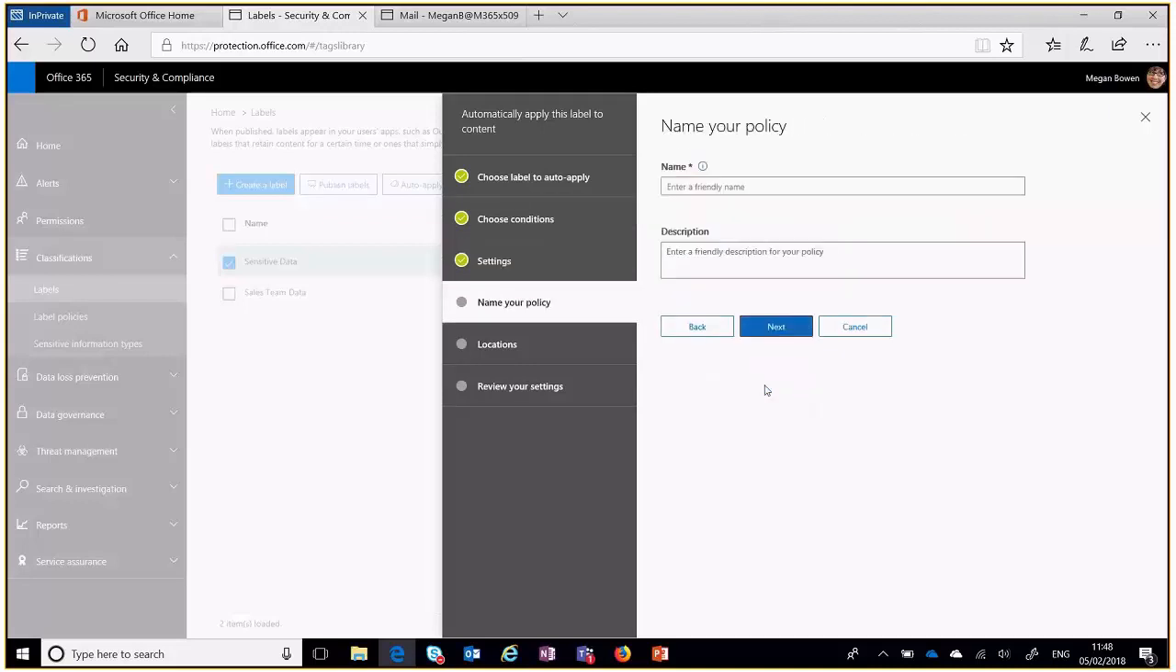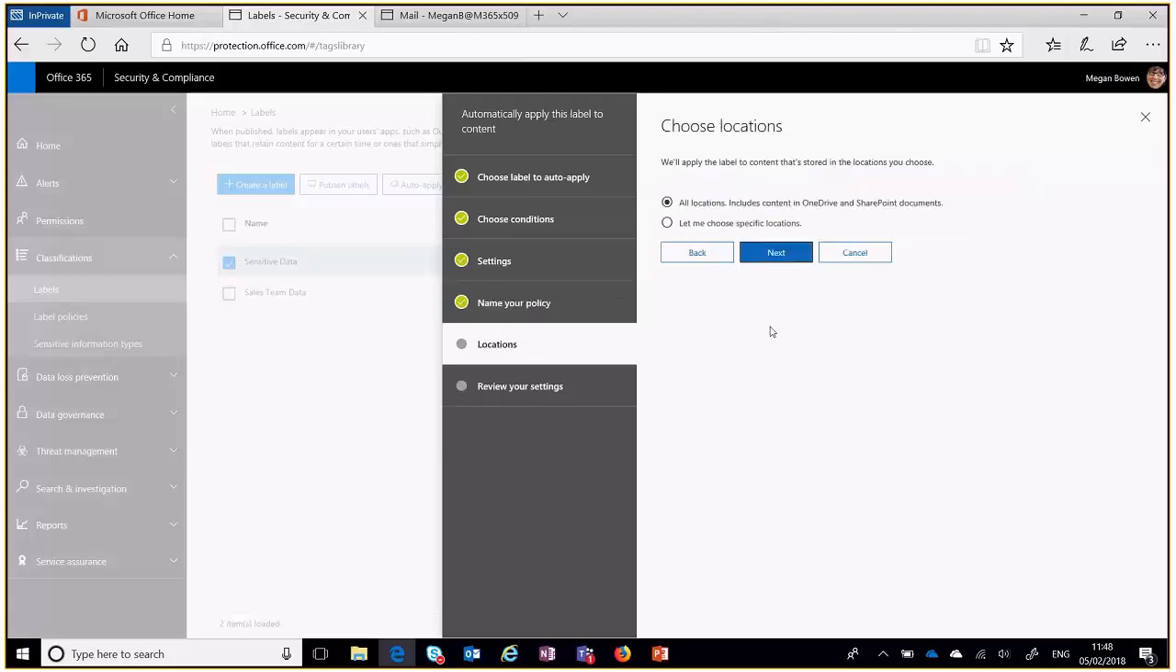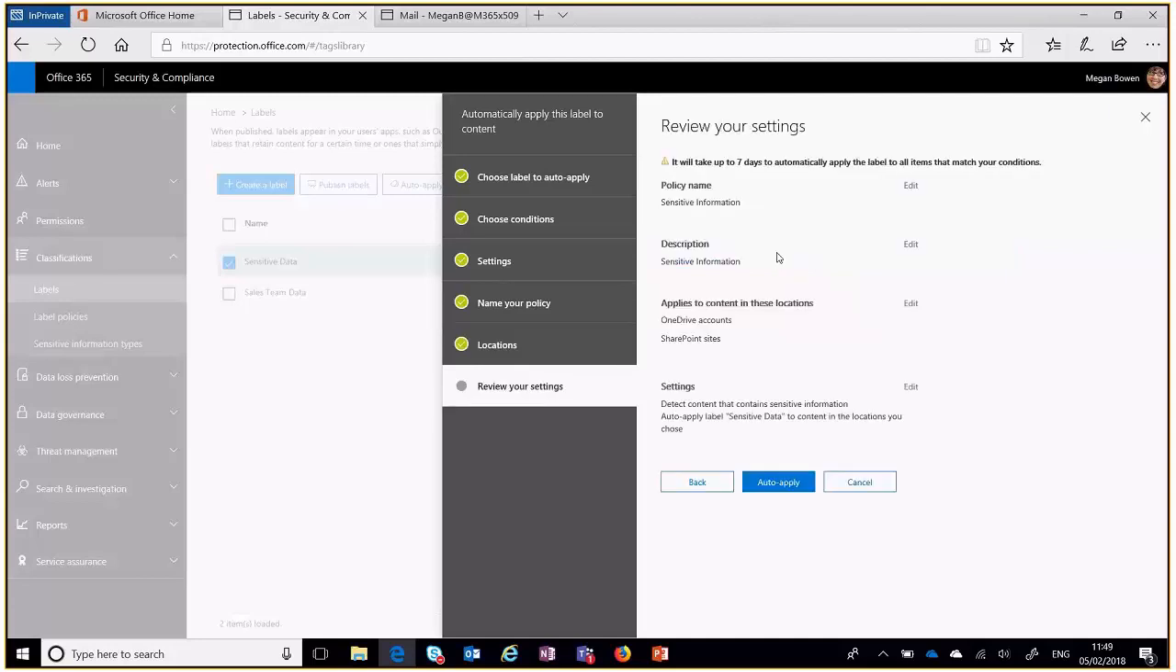So we've got this label. We're going to give the policy a friendly name, call it sensitive information. We normally give it a meaningful description, as I said. Cut and paste in this instance. We choose our locations. We're going to go for all locations. Again, we could be more specific if necessary. We'll review. Now notice here that for auto application of labels it does take up to 7 days, so factor this into any production deployment. We auto apply,